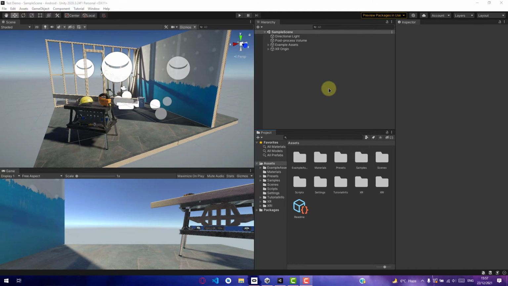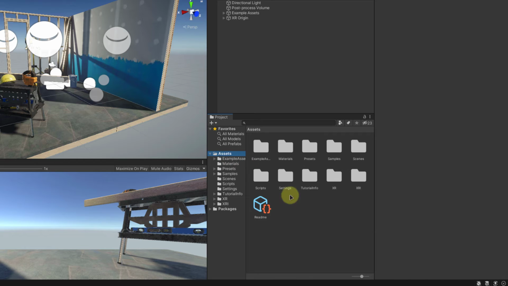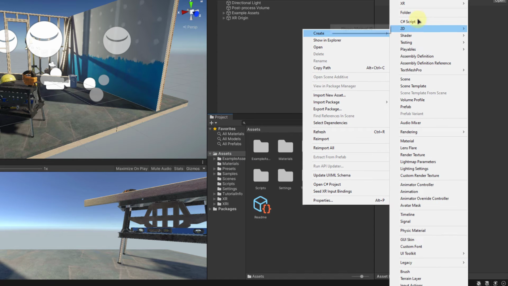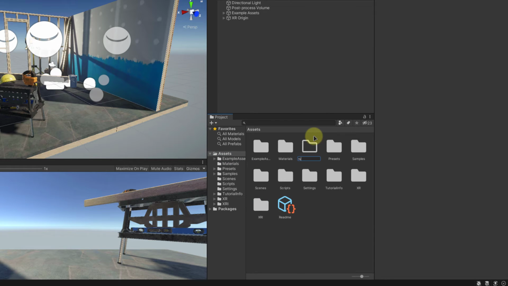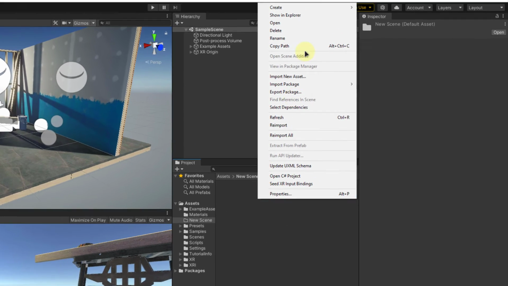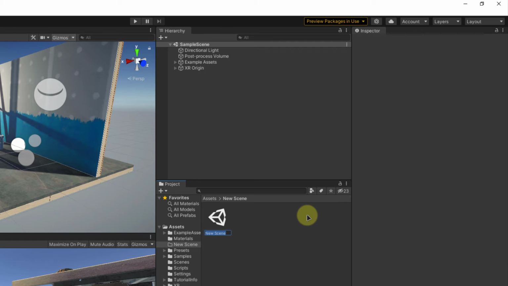So, those are the things that we're going to go over right now. So, open up the Unity render pipeline scene that we used to get our first display on our headset. As you can see, I have already opened it up. And in the Explorer, under the Assets folder, I'm going to create a new folder and I'm going to call it the new scene. I'm going to head over inside the folder, create a new scene, and going to name